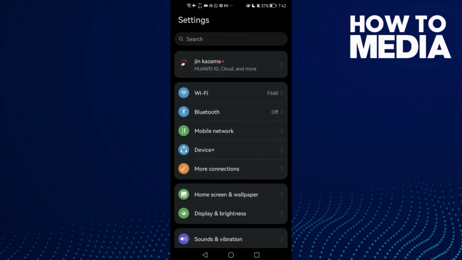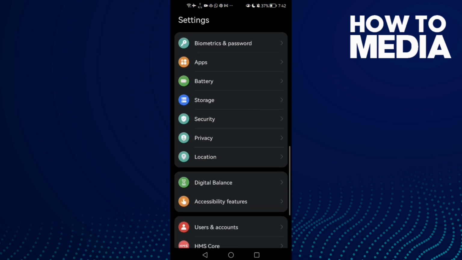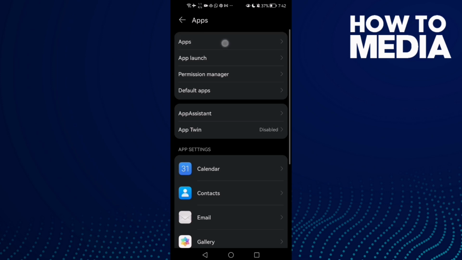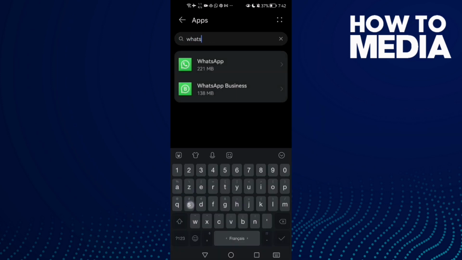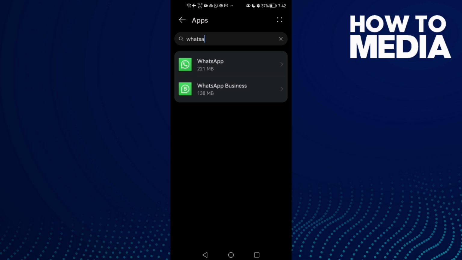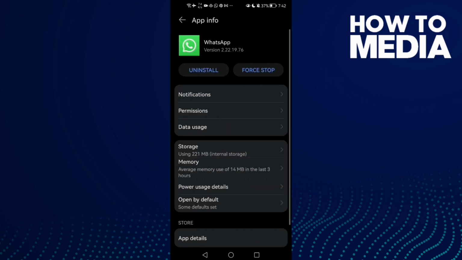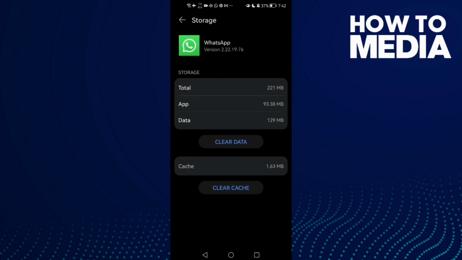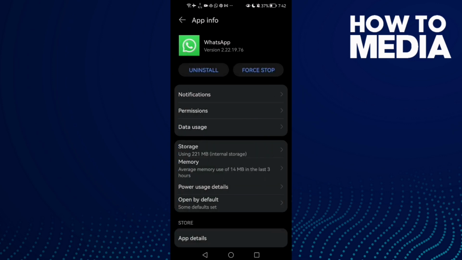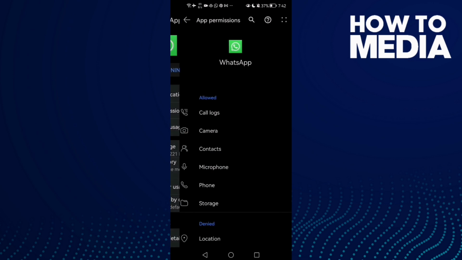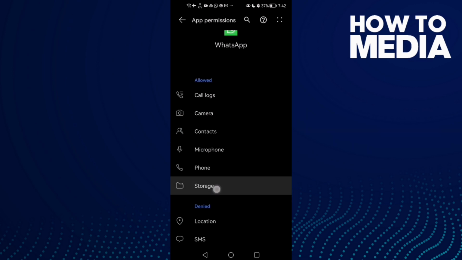First, open settings and then scroll down until you find apps, and now click apps again, and here you will find WhatsApp. Just type WhatsApp and you will find it, then click on it. And now just here you will find this one, storage, and then click here clear cache, and then go back, and here just click permissions, and then go to storage,